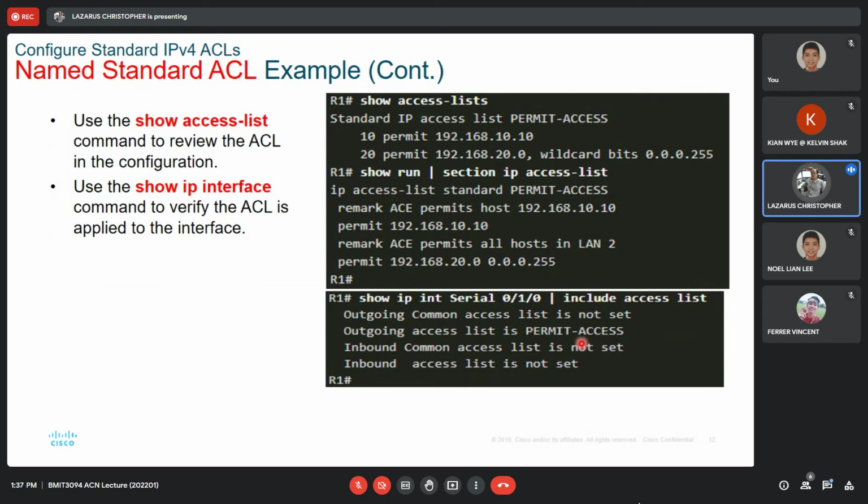When you see permit access, you can do show run section IP access list. It shows you the two ACEs for that particular named ACL. Right. Okay, so